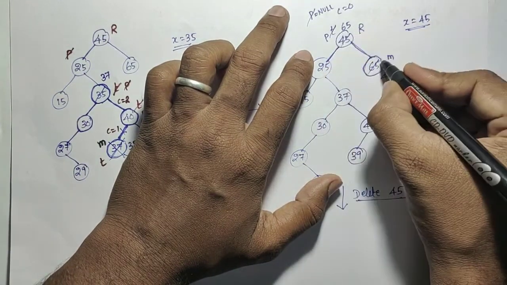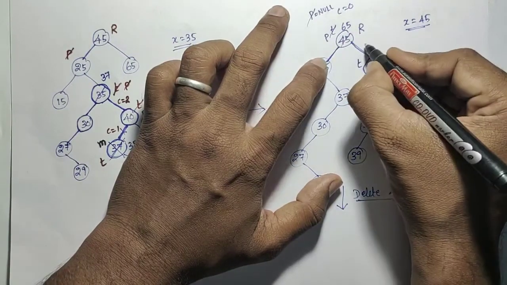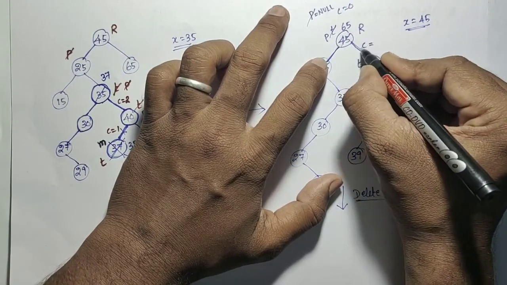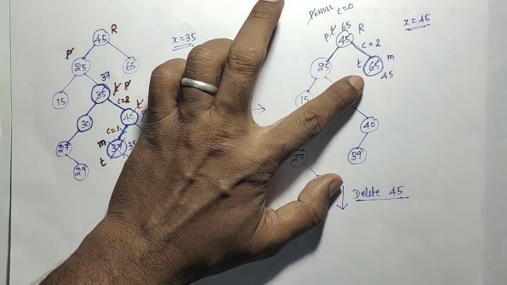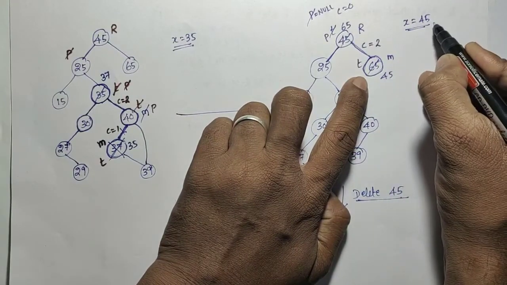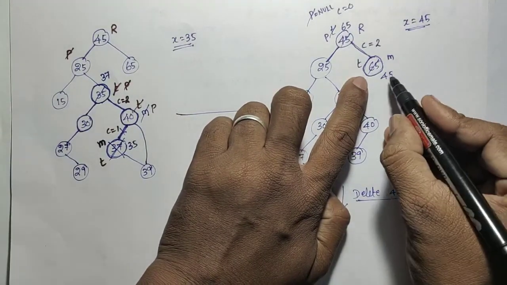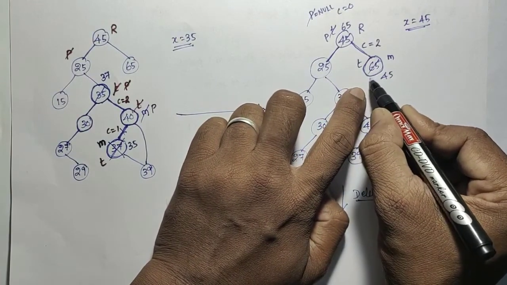Right side. So this will be moved to what? Right side. So this is the T. By the time C equal to what? 2, because we have moved to the right side. So it will continue the next iteration. The next iteration, what is happening? T of data 45 and X equal to 45. So both are same. So both are same means what? T of left equal to null. T of left equal to null means what?